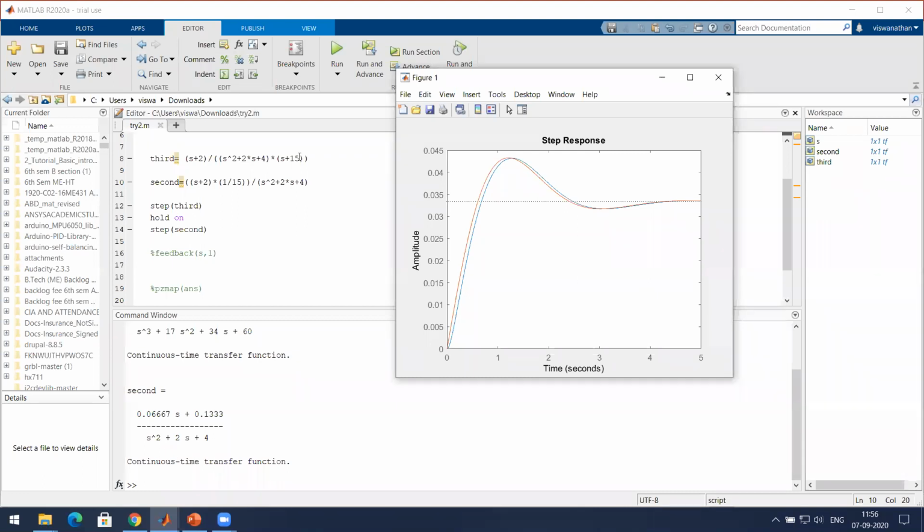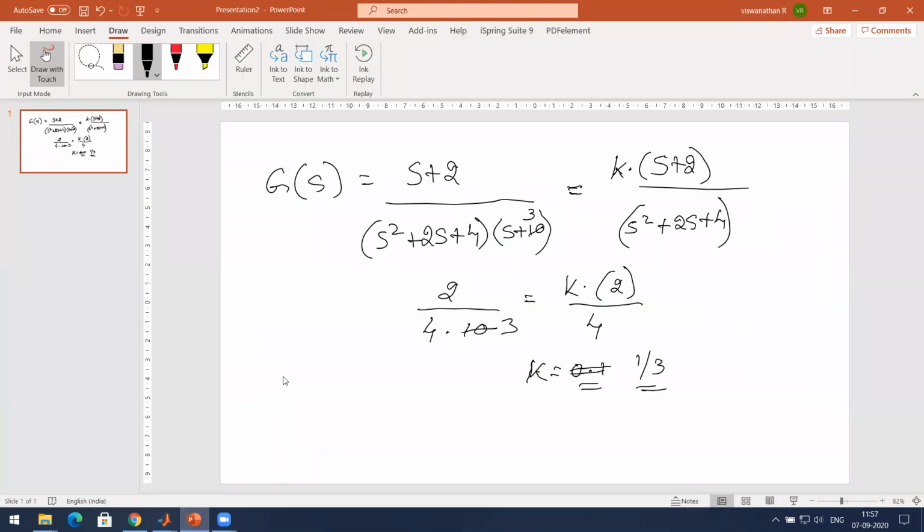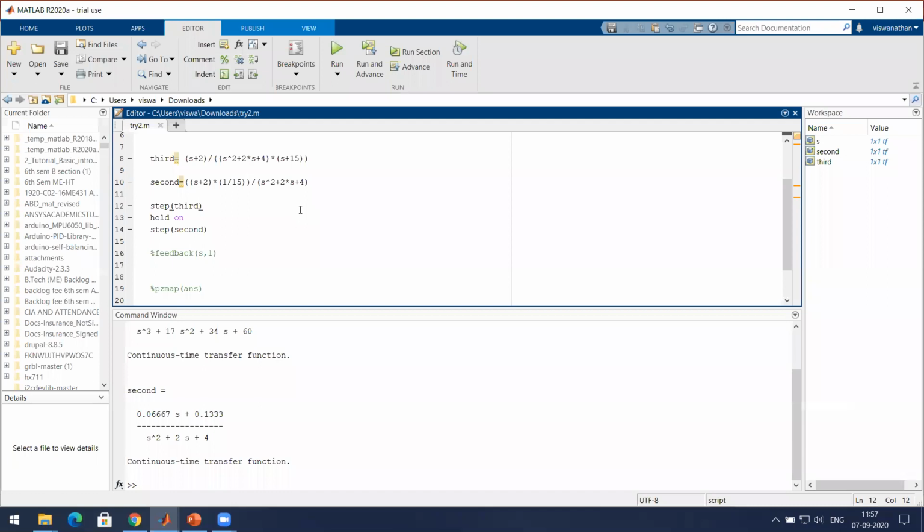Otherwise, if you have MATLAB, it doesn't matter much, but these things are to be known because you should know how the control theory evolved, and how people were able to do these things without MATLAB during those times. So that will help. But when you have access to MATLAB, then you can directly get the step response for higher order systems.